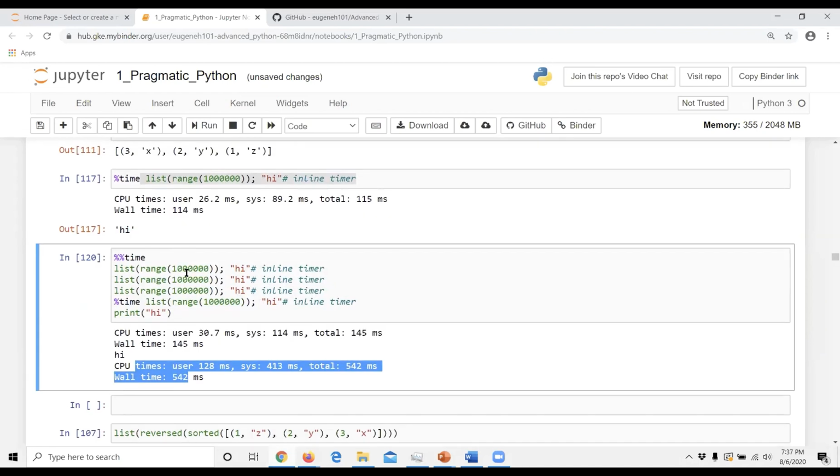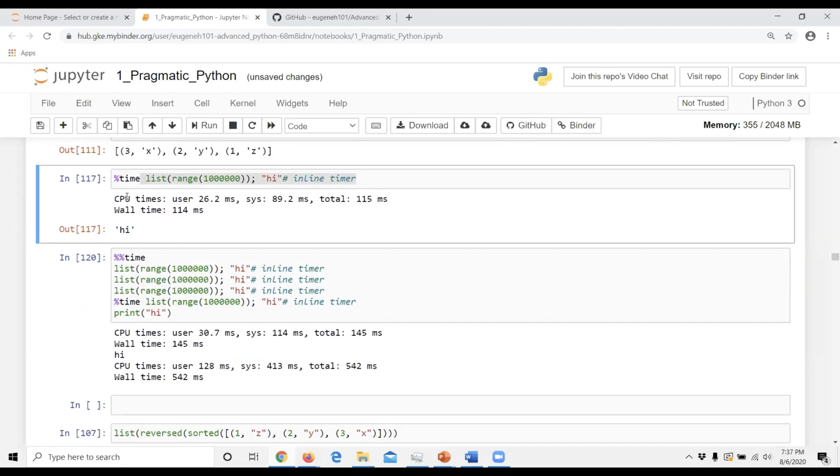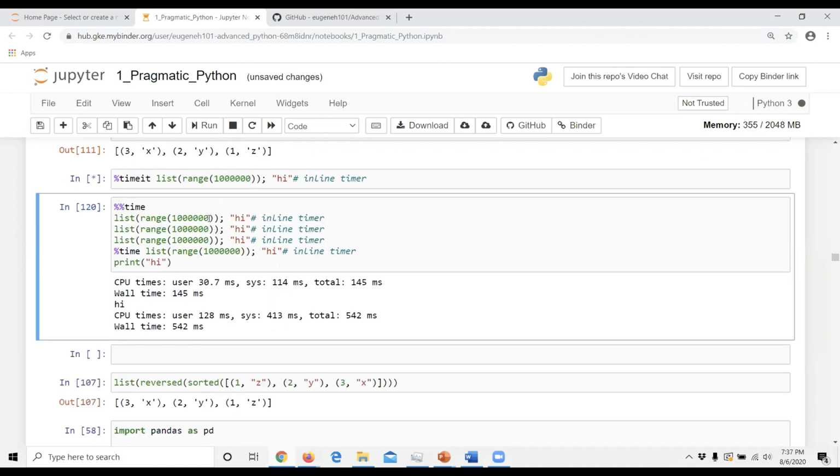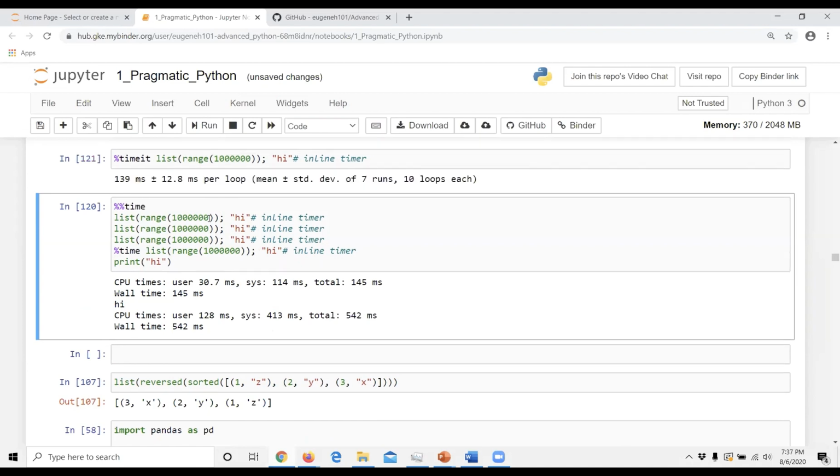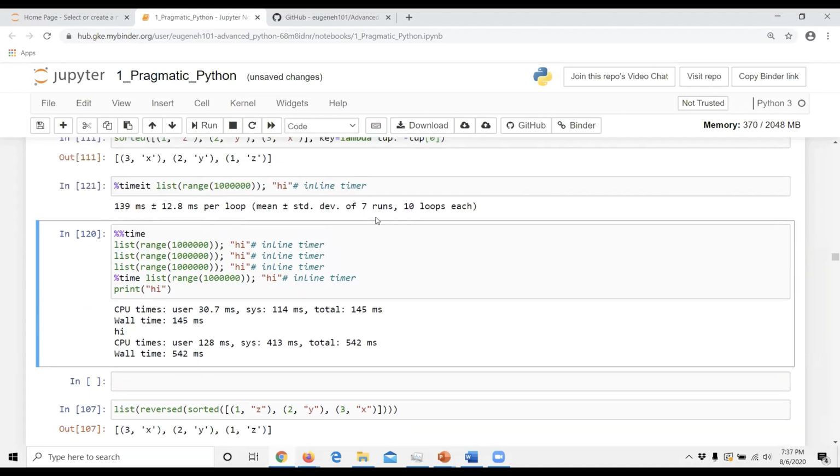And there's a cool trick. These are called cell magic. That's just running the cell one time. But if you want to run it multiple times, you do timeit, and it runs it multiple times. At least I think 3 times. So it's taking a while. It gives you averages, right? Yes. So I ran it, I think I ran it way more than 10 times.